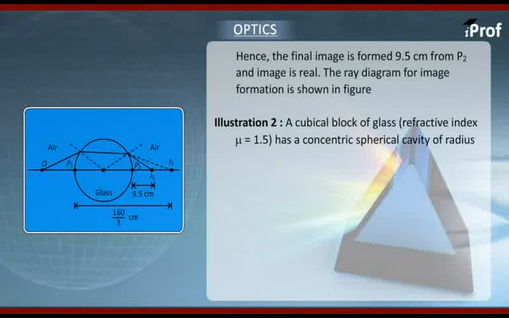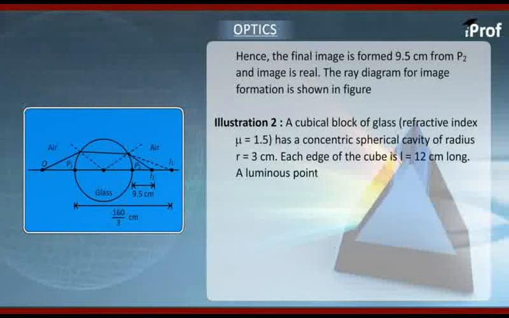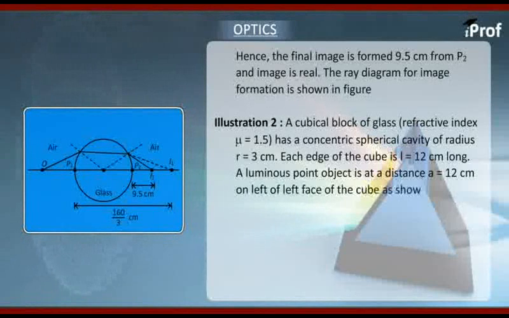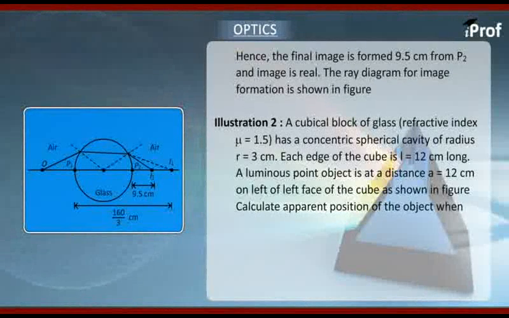Each edge of the cube is 12 centimeter. We have a luminous point object which is located at a distance of 12 centimeter from the left face of the cube, as shown in the figure. We have to calculate the apparent position of the object when seen from the right side of the cube. Now let's analyze